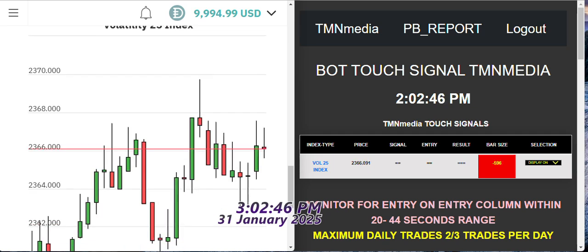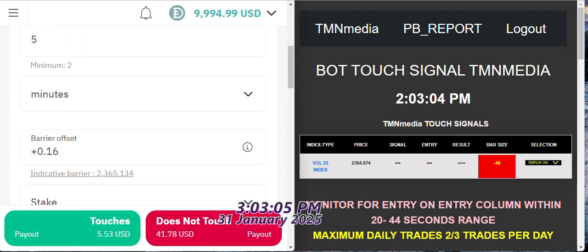If you are seeing green, green, green, green, you should know that you should be expecting a buy and up movement. Now, if you are seeing red, red, red, red, you should be looking at a down movement. Okay, I'm expecting to have a down movement. Now, that will guide you to know which page you are to be on. Now, once you are on a page, you are going to be expecting to place a trade